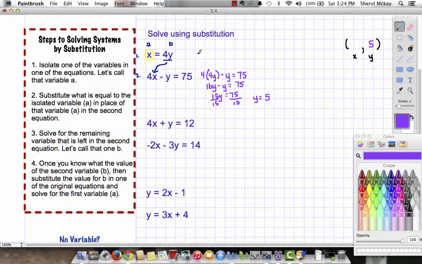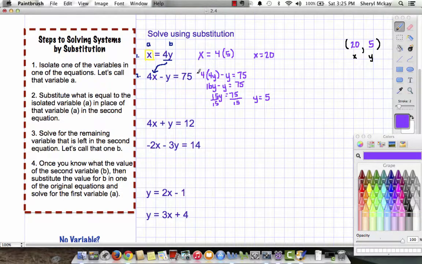And I'm going to rewrite this equation, but instead of writing 4y, I'm going to write 4 times what y is equal to, which is 5. So 4 times 5 is 20, so x equals 20. X equals 20. So now I have my x and my y, which means that 20, 5, is the point where these two lines, x equals 4y and 4x minus y equals 75, where these two lines